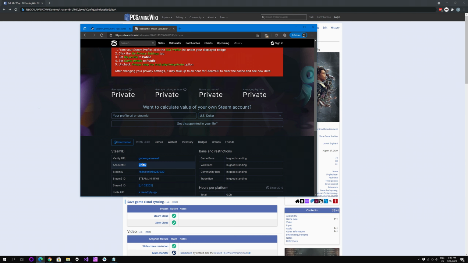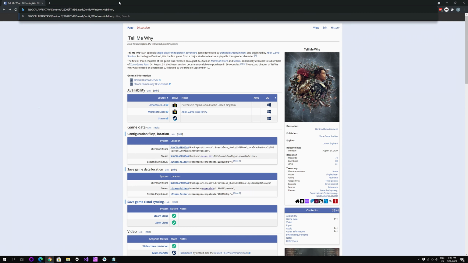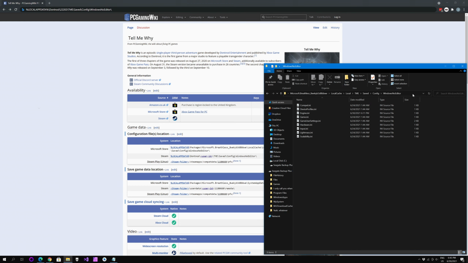Don't actually copy the account ID tag. So in this case, it's 2202, and replace 2202 with user ID and the little arrow things, and then you can paste this into your file explorer. But I'm not going to do that because I'm not Gabe Newell. I do have Tell Me Why on Steam, but I haven't installed it. Okay, so